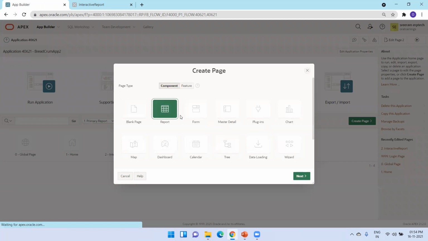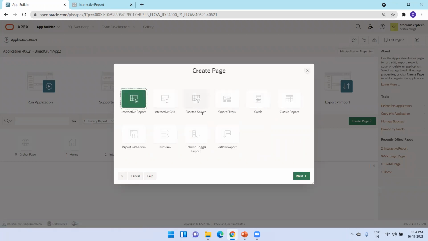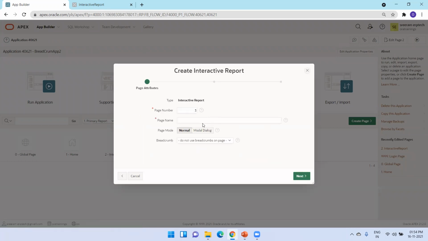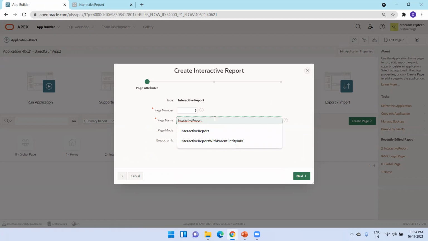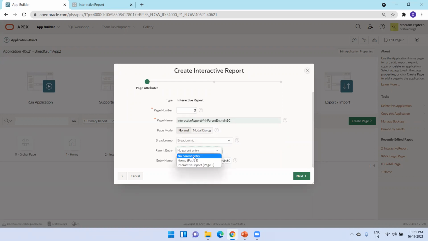Okay, so I'll create an interactive report. I'll name it interactive report with parent entity. Here we select breadcrumb, and I'll select the parent name as home. You can select either page 1 or page 2. I'll select page 1 and click on next.